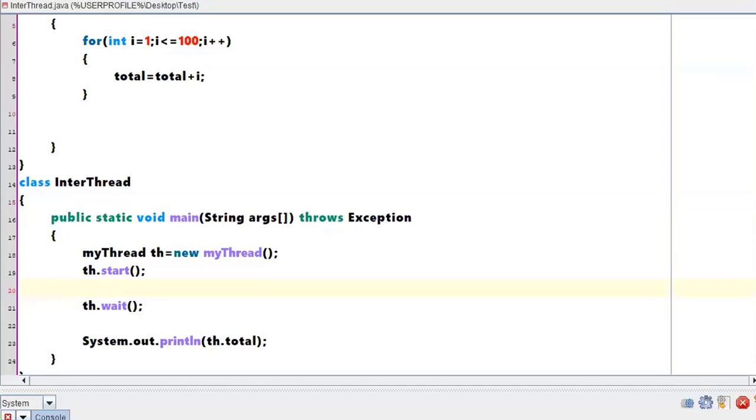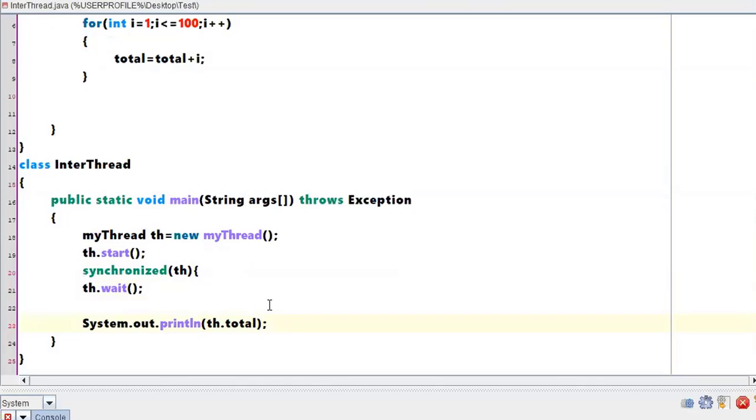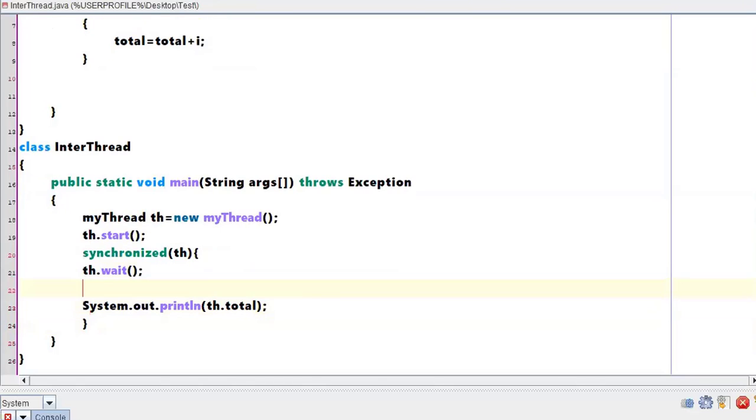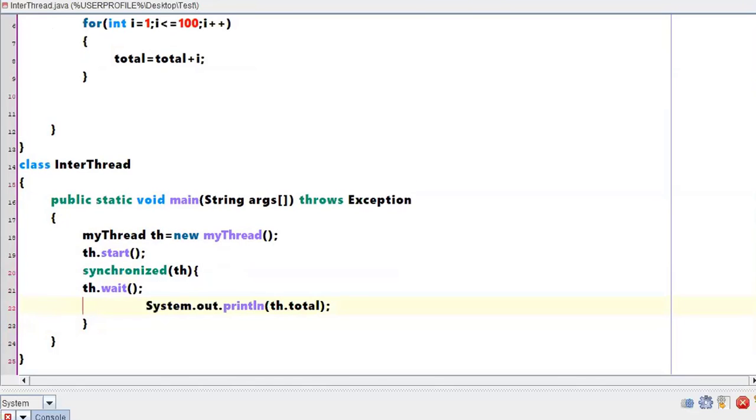So this is not feasible. You cannot write a wait statement independently. That should be part of a synchronized block, right? So let me create synchronized with respect to this object, okay. So now what I'm doing is, these statements I'm including in a synchronized block,